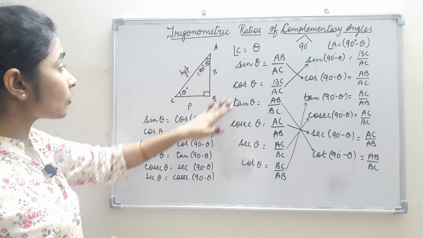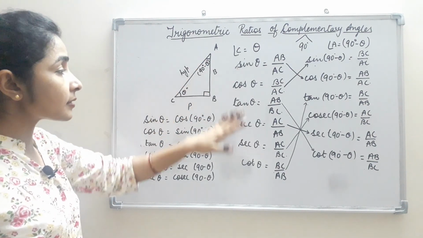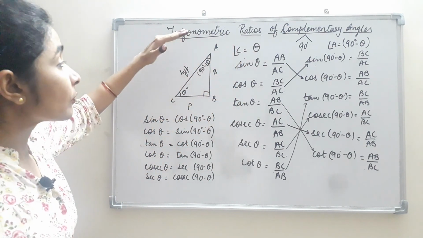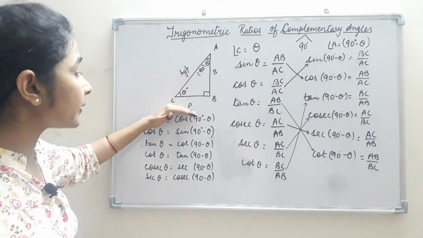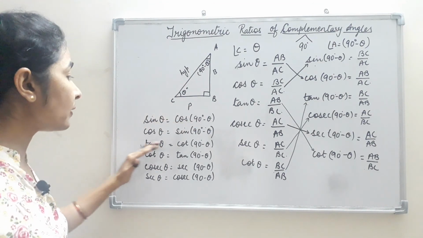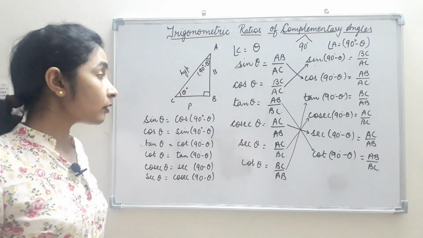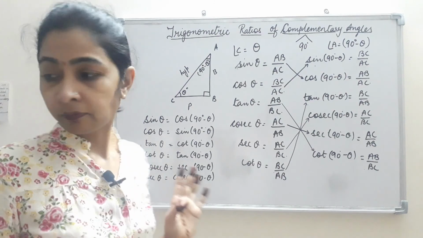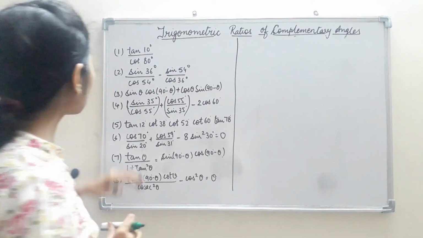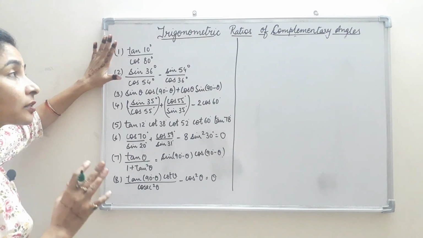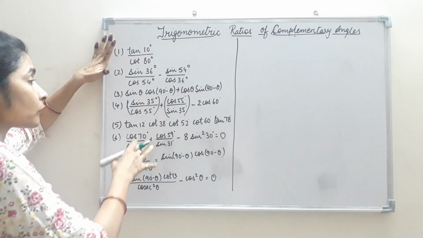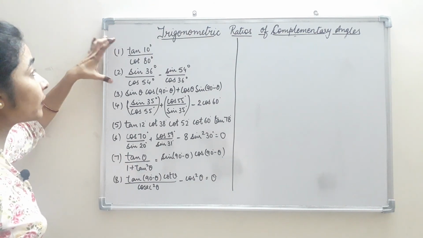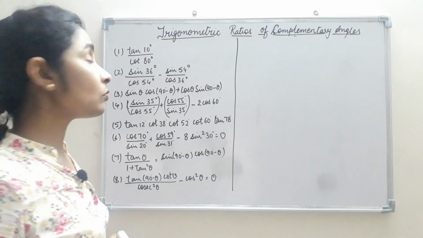So I hope from this you have understood the whole concept of trigonometric ratios of complementary angles. Okay, so here we have understood how sine is related to cos, cos is related to sine, tan to cot, and cosec to sec. Okay, now based on these ratios we are going to solve a few questions. Here I have written a few questions which are related to trigonometric ratios of complementary angles. In some we are supposed to evaluate, and in the last three we are supposed to prove it. In all we are supposed to use the trigonometric ratios related to complementary angles.